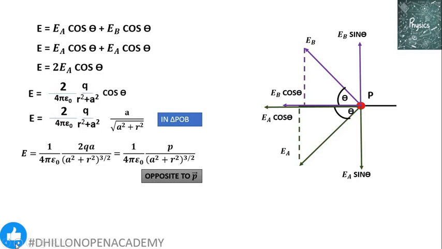If we apply the short dipole case here also, again, if R is much greater than A, neglect A in the denominator, we will get E as 1 over 4 pi epsilon naught P over R cube. So again, we are having two expressions. One is the main expression and one for the short dipole, which is to be used in the numerical problem. Again, compare the order of magnitude of R and A and accordingly use the main equation or the short dipole equation.